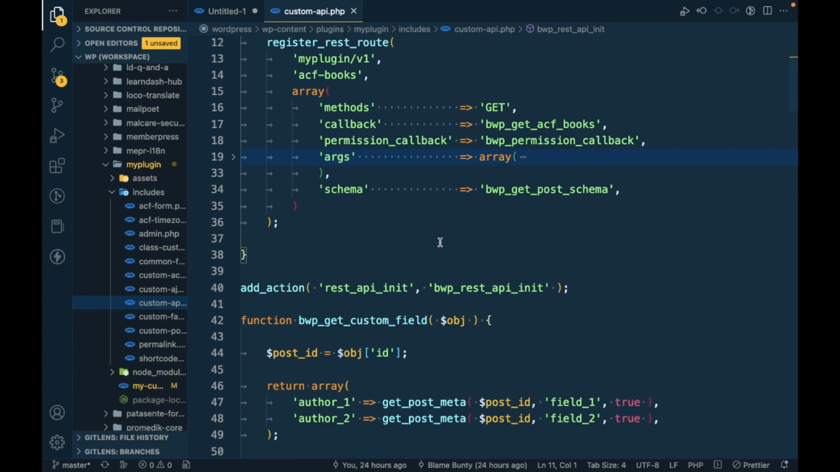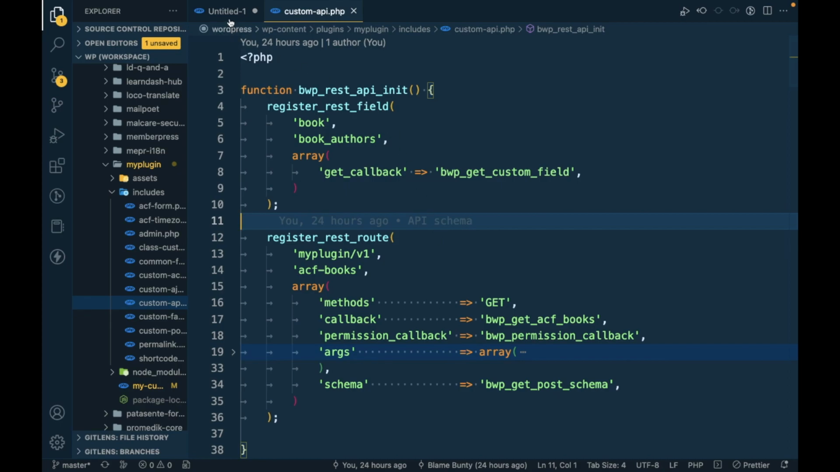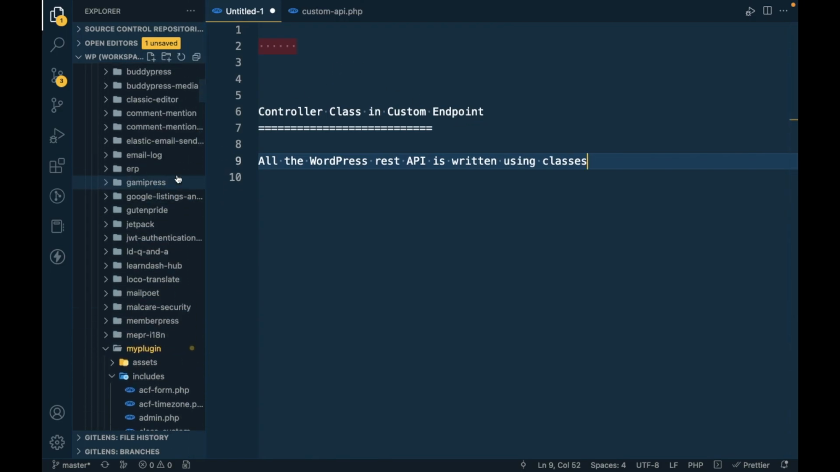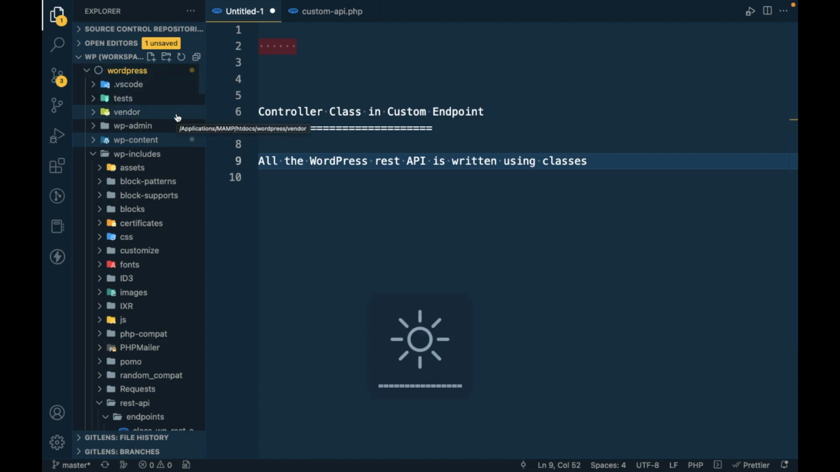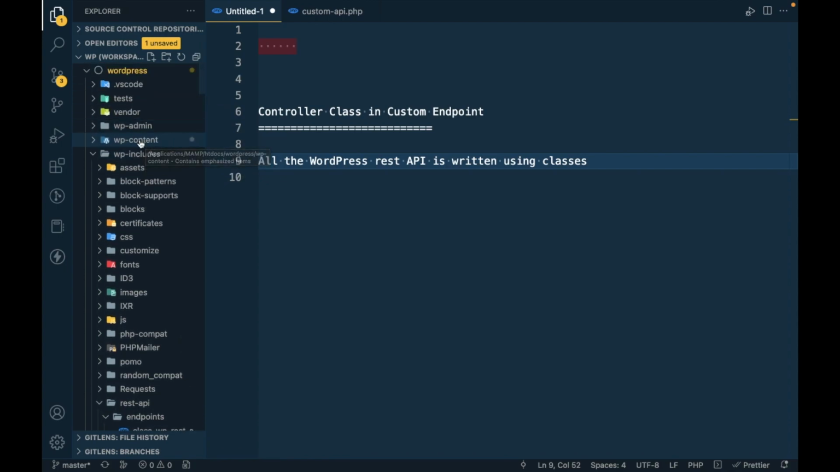This is also a right method to create your custom API, but all the WordPress APIs are written using this controller class. Let me show you one example so that you know why we are going to do this. This controller class based API is mostly used by the plugin developers, and WordPress by default uses that. So in the WordPress wp-includes folder,